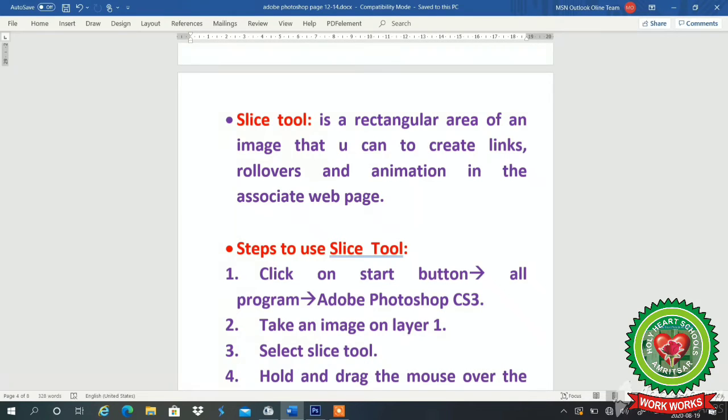Slice means the pieces, or you can say cut the image into different parts. When we are cutting the image into different parts, the picture quality becomes lower. But with the help of the slice tool, we can make as many parts, or slices, of one image as we want without losing the quality of the image, and we can use those parts for creating links,